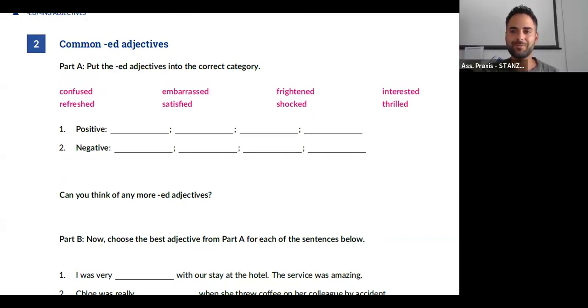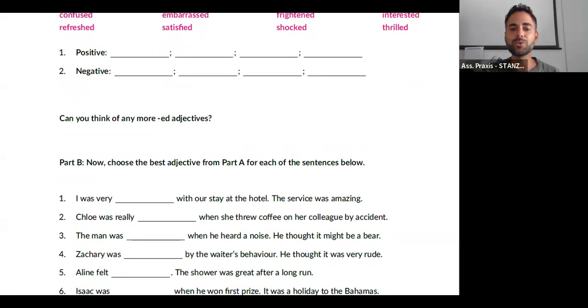Well, frightened. So the man was frightened when he heard a noise. He thought it might be a bear. Number 4. Zachary was, by the waiter's behavior, he thought it was very rude. Zachary was definitely not happy. So a negative